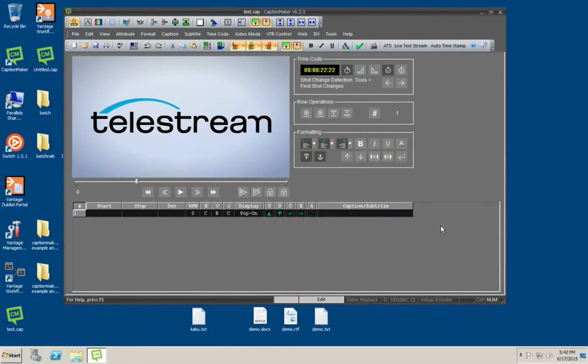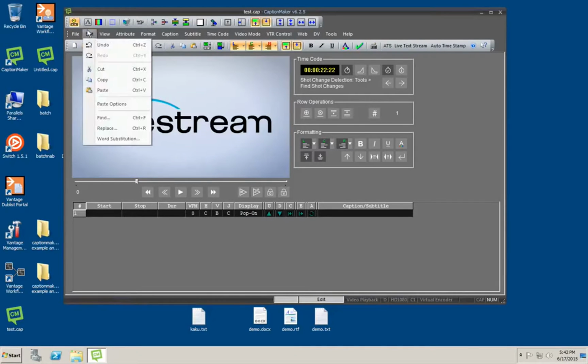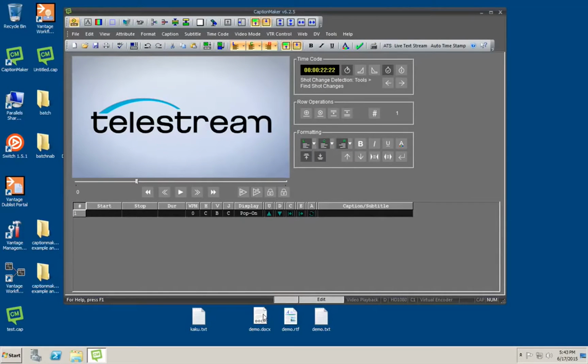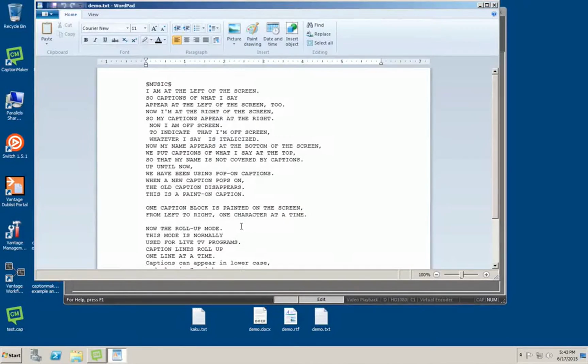Another way to be able to import text into CaptionMaker is using the copy and paste method. This is a lot simpler than going through the text import wizard. You simply have to go to the edit menu top, select paste options, and select always break up the pasted text into multiple cells. Once you have that selected, you can open up any text document in just about any application. Simply select copy,